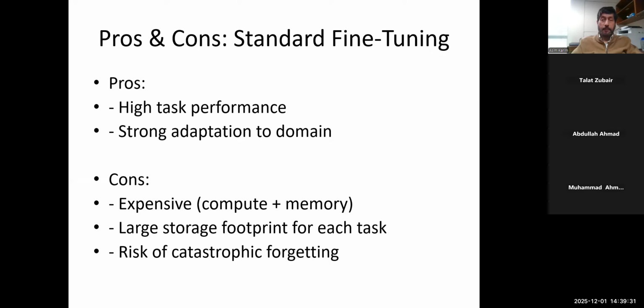What are the pros and cons here? So usually you get better performance since you have used a labeled data set for your specific task, and usually the labeled data set is reasonably large, not so small, so you get good performance. And you will adapt the task as well as the domain. Let's say you have data of Pakistani court judgments and you want to adapt on it, you use all of that data, then you get good adaptation.